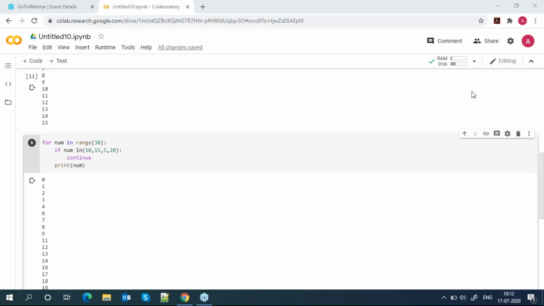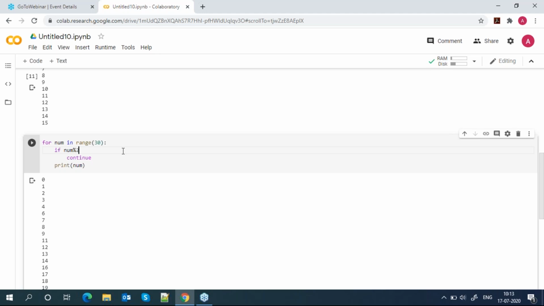Sir, if we want to skip even numbers or odd numbers, then how do we put the condition? First you should know the specific scenario. What is an even number? It is completely divisible by 2.